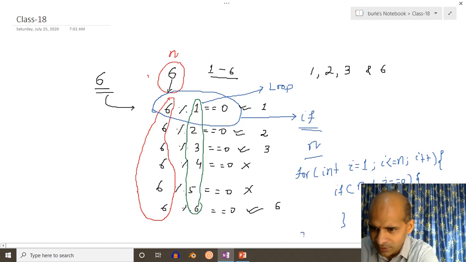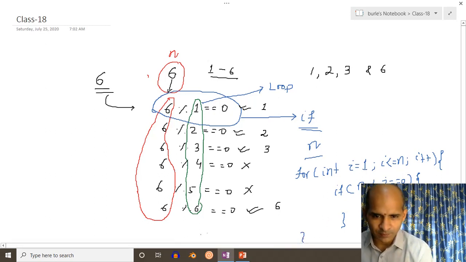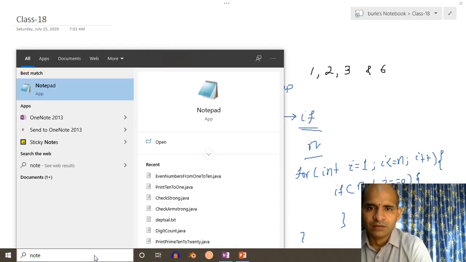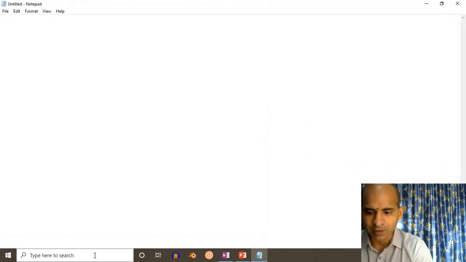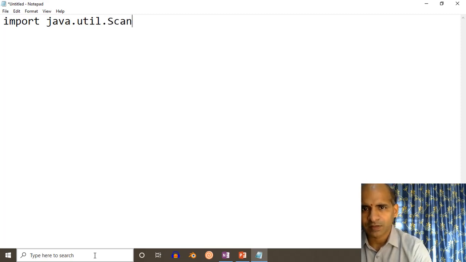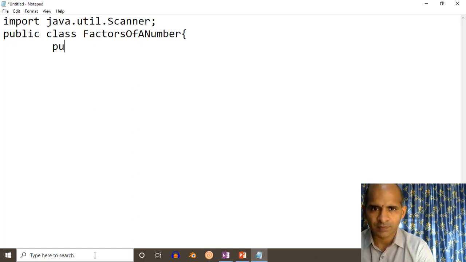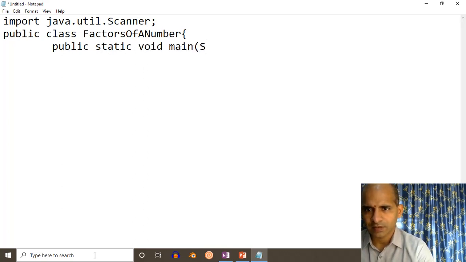According to this concept, let me write the program. First you have to accept a number in n, so we import java.util.Scanner, then public class FactorsOfANumber. Public static void main String args.